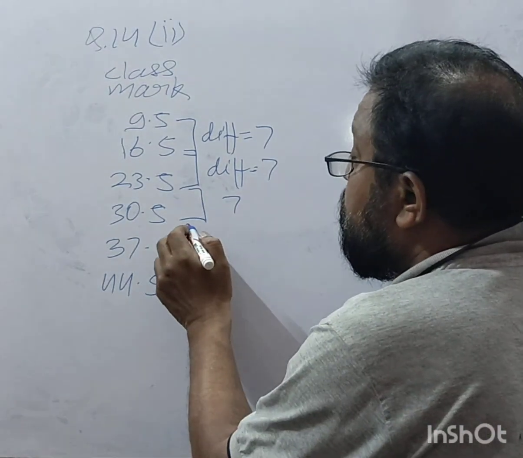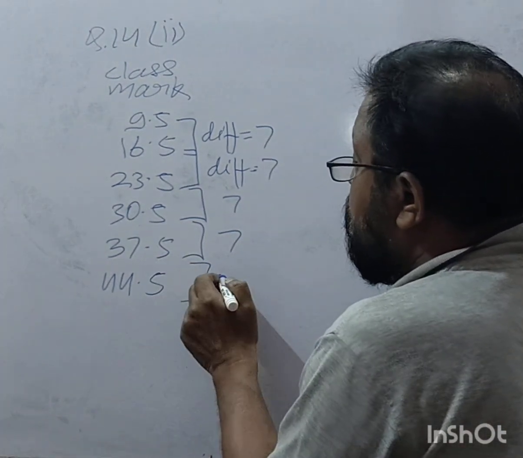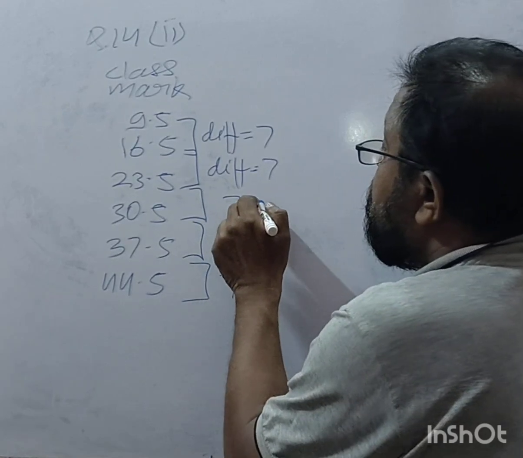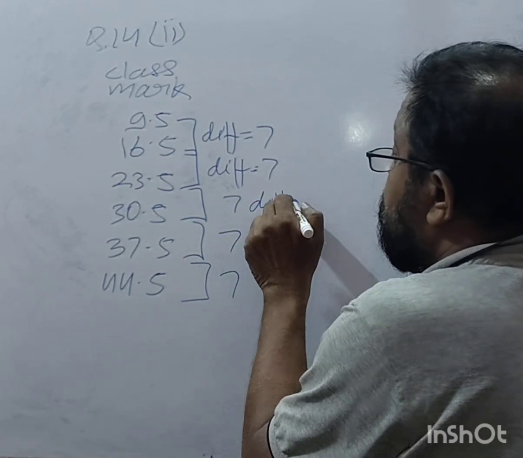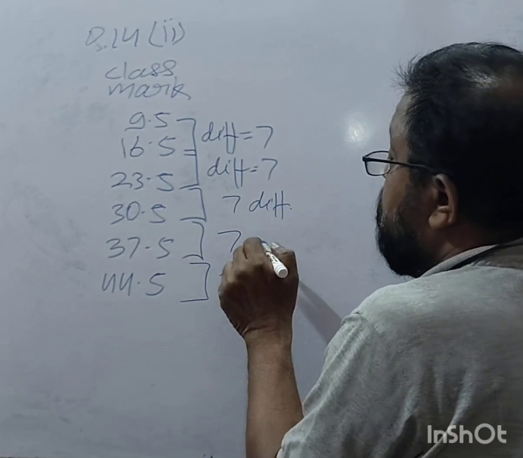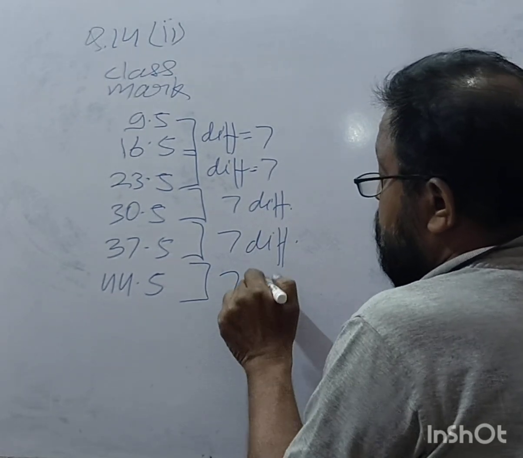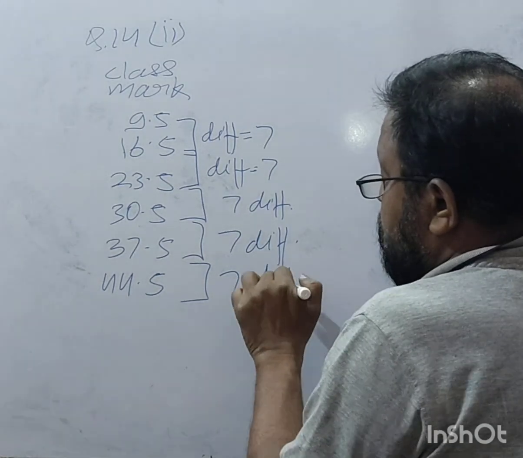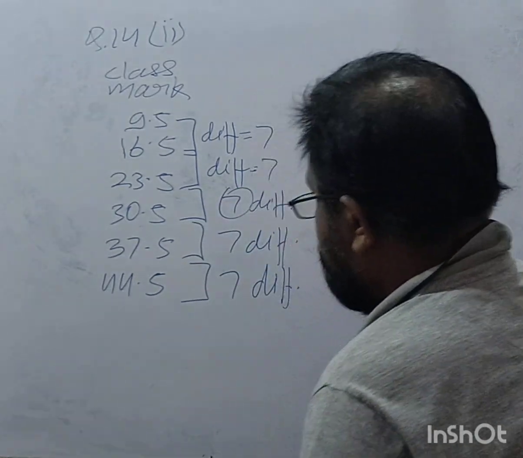This is also 7, and this is also 7. So the difference is 7, right? So it means